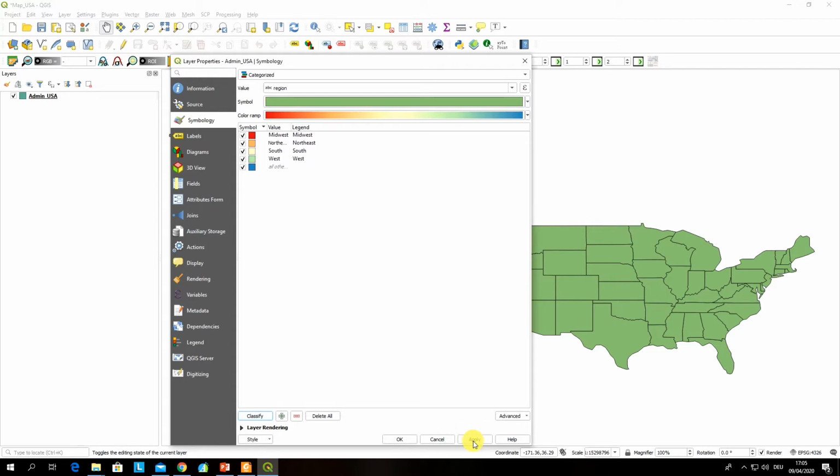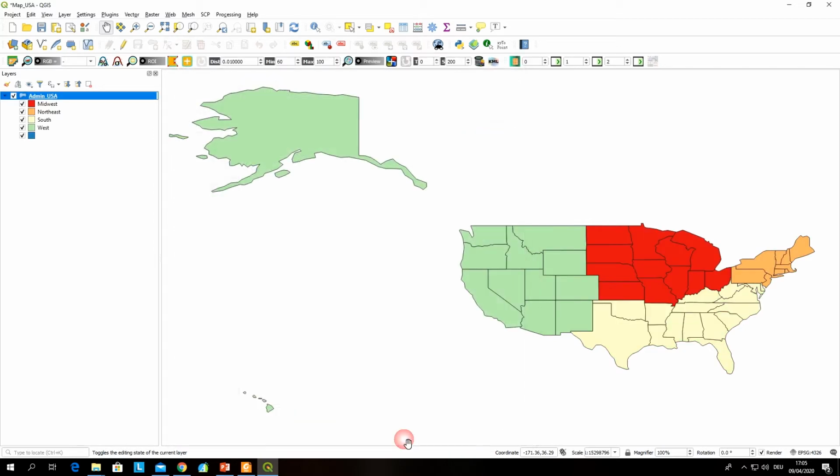Well, let's click apply and OK. And immediately what you can see, the colors of our administrative units of the US, the states, have been changed to reflect different regions. So this is already a nice looking map that could show us where the states that belong to the West region are located, the states that belong to the South, Northeast, and Midwest are located in the